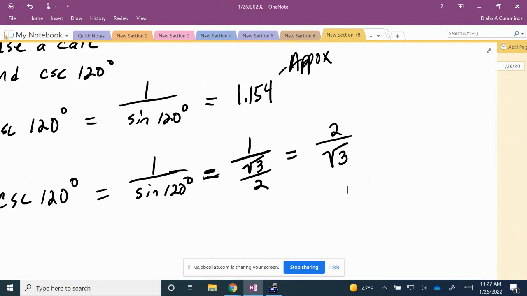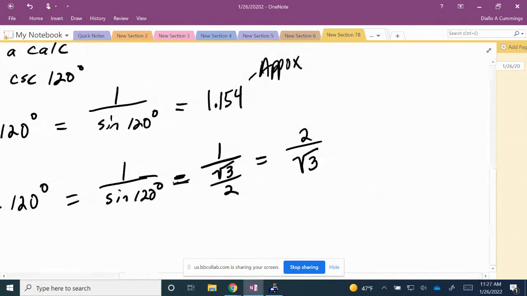All right. Now, whenever we write out our radicals, we want to make sure that we rationalize the denominator, right? So we want to make sure that there are not any radicals in the denominator. So we're going to rationalize the denominator. So in order to rationalize the denominator,